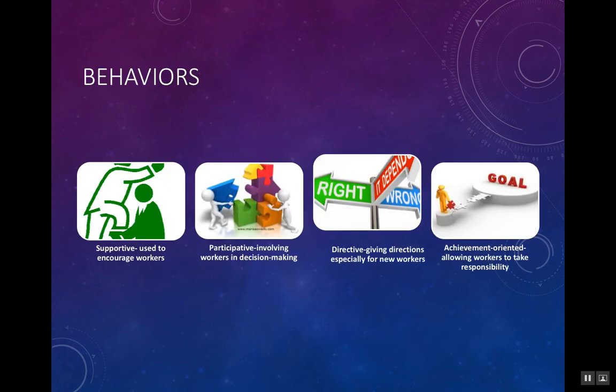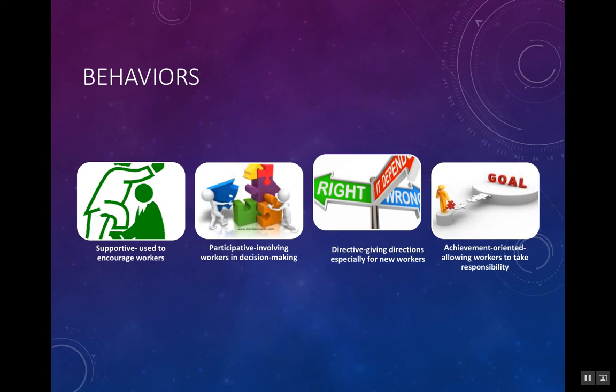Horner, 1997, stated that it was the leader's responsibility to assist the worker to engage in actions that would result in the achievement of the goals set. Supportive and directive behaviors are usually related to the new workers in an organization because they relate to the orientation of the organization and the specific tasks of that company.